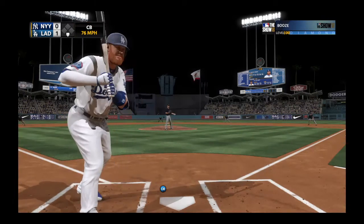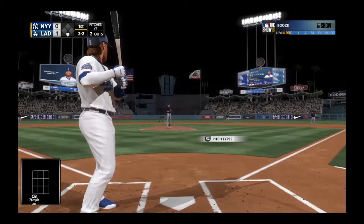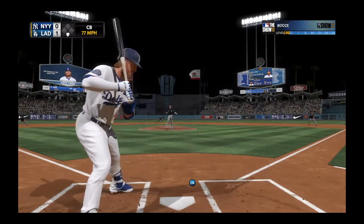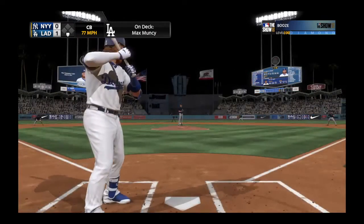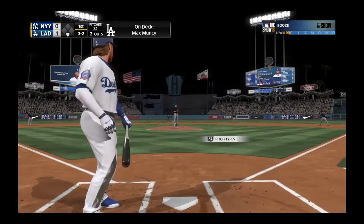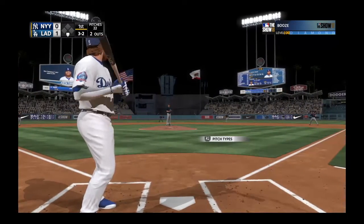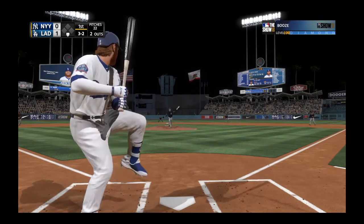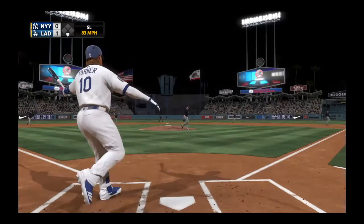And he'll lay off the curveball that's in the dirt that time, and it's back to even now at 2-2. He executed that 1-2 curveball pretty well. I think that's right where he wanted it to end up, but he couldn't get him to chase at it. We'll see what they go with now after that didn't work out. Got him swinging, and that will...